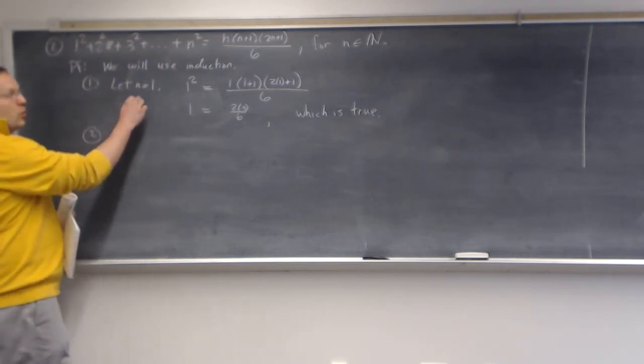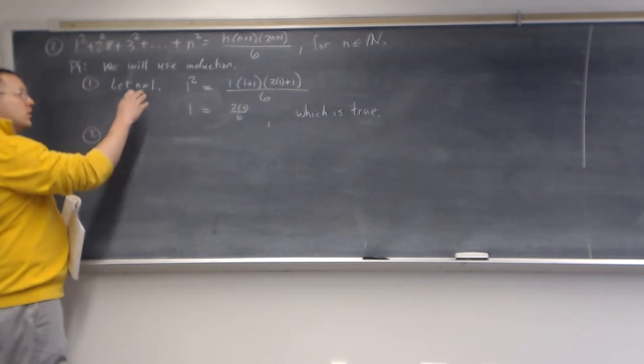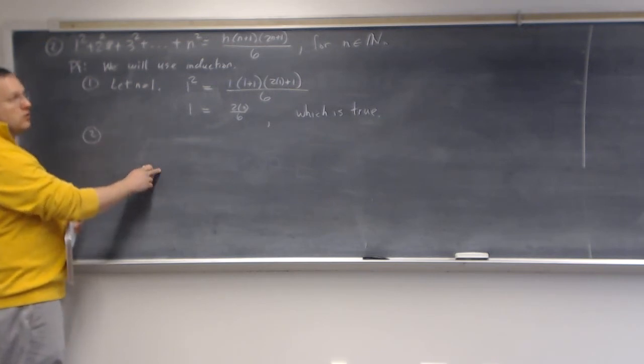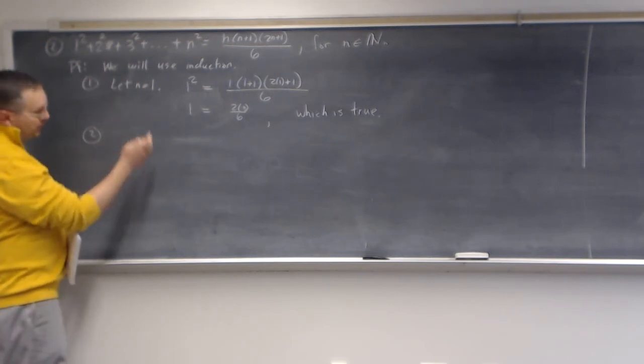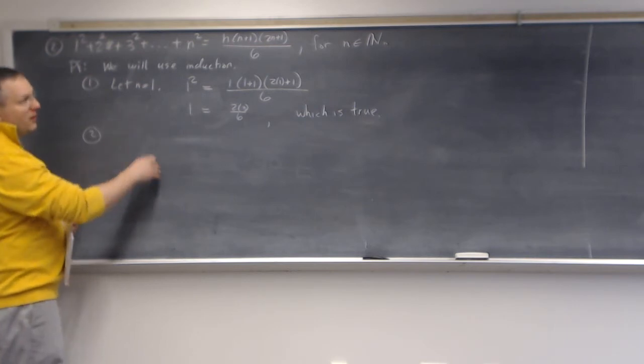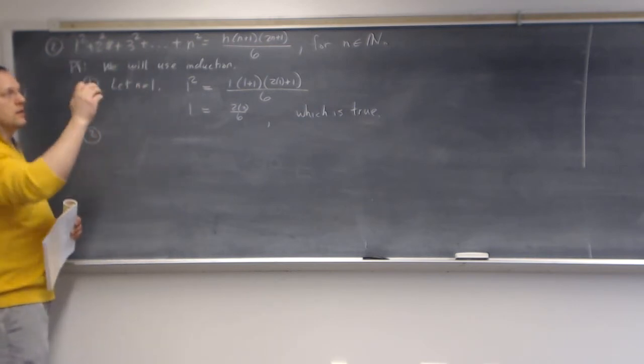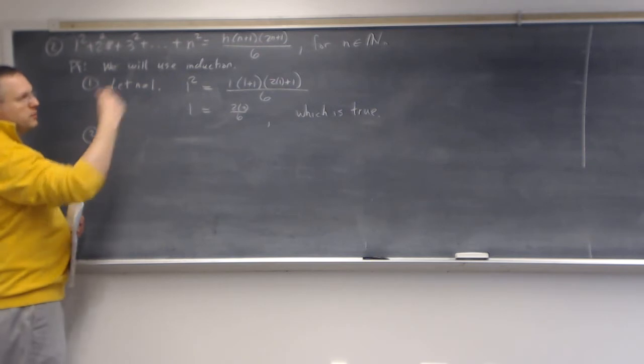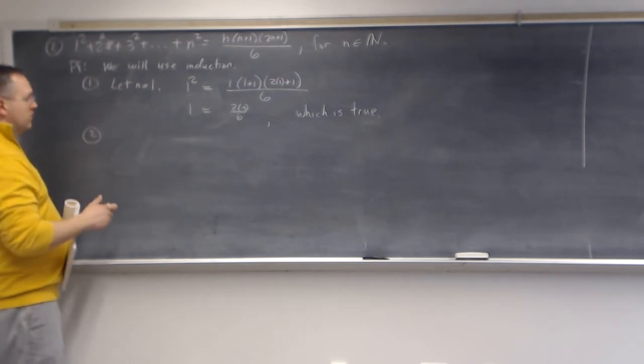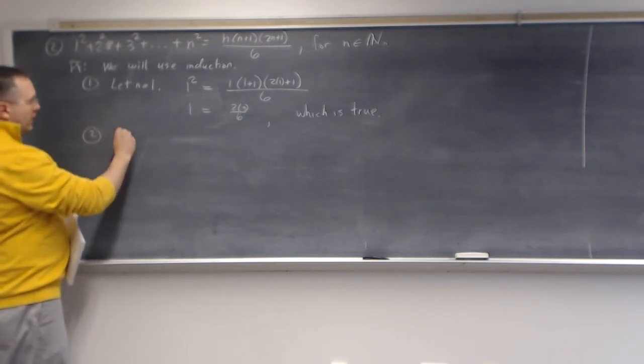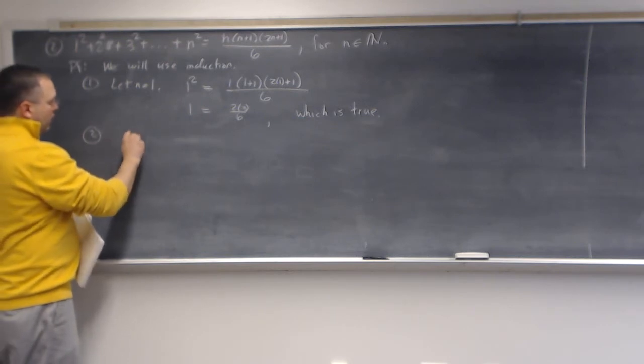Because if it's true for 1, then this says it's true for 2. If it's true for 2, then this step shows it's true for 3. If it's true for 3, then it must be true for 4. If it's true for 4, then it must be true for 5. Like dominoes, they all knock each other down, and it must be true for all natural numbers. So you have the basis step, then you say, suppose